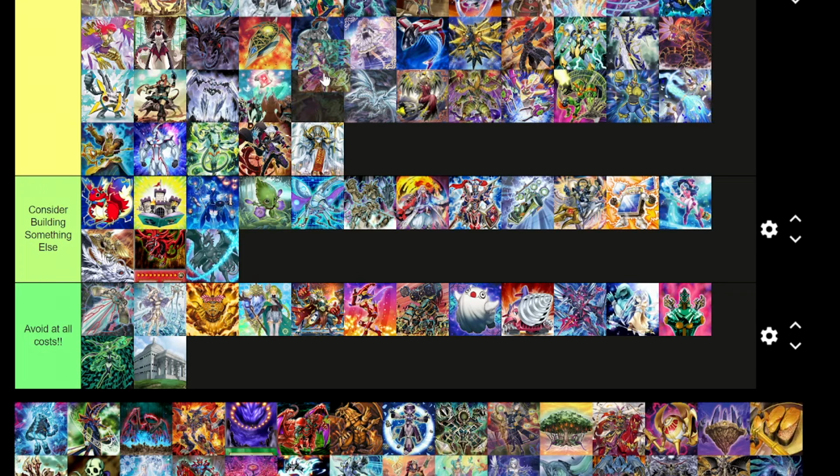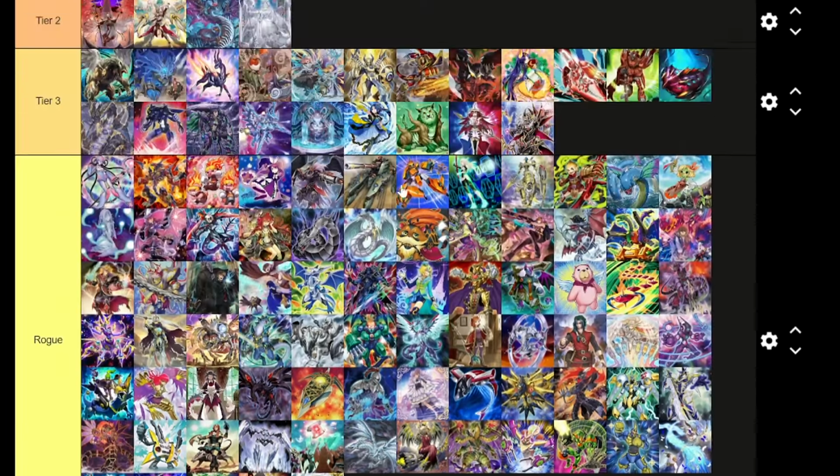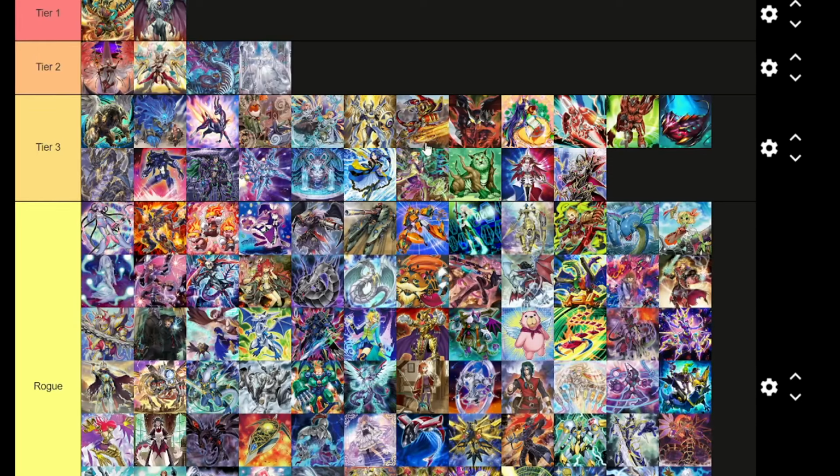Next, we've got Punks. Punks are cool. I think Punks are probably maybe tier 3, I think, would be a fair place to put them. You could put them in Rogue too, but I think tier 3 is probably a fair place to put them. They're one of the better synchro decks in the game, but when you compare them to, like, Centurion, or